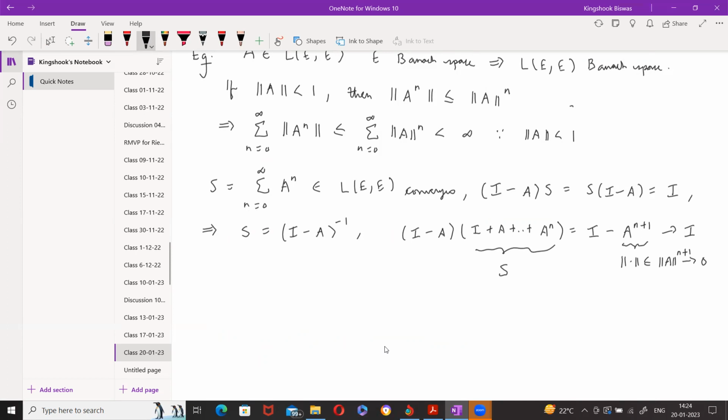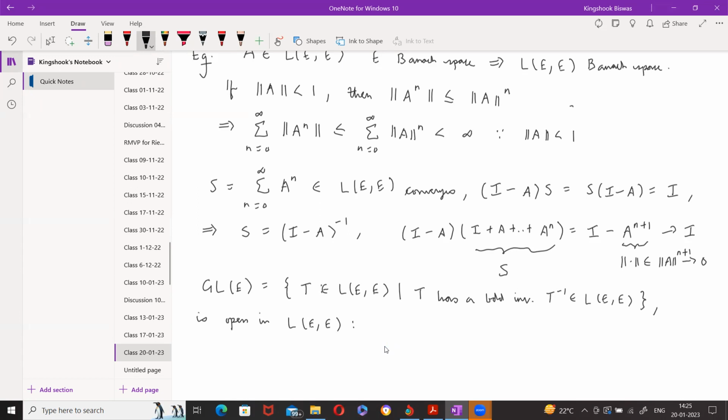Is this clear? Yeah. Okay. So now if I look at the map, let me call GLE to be the set of T from E to E such that T has a bounded inverse T inverse from E to E. Then the first thing is this is open in L of E, E